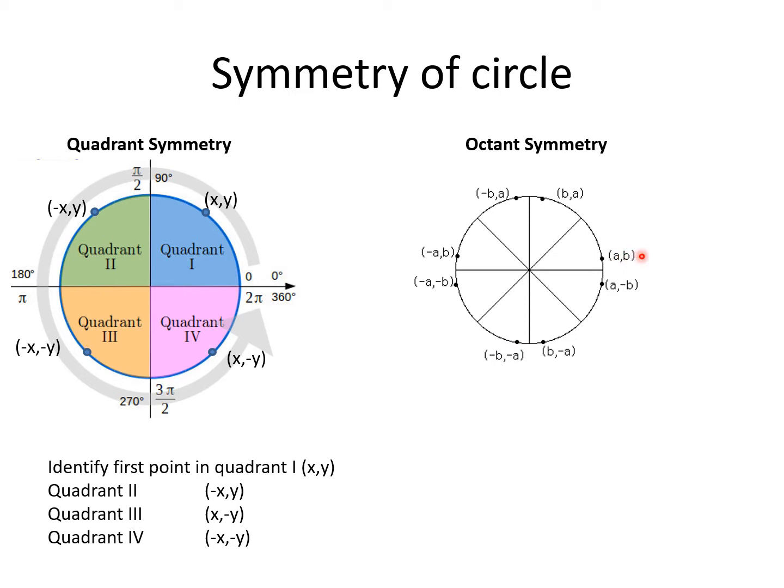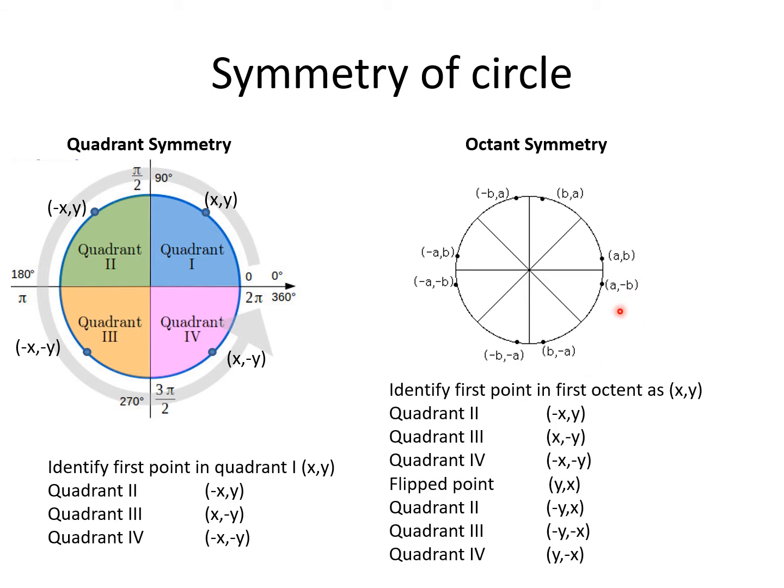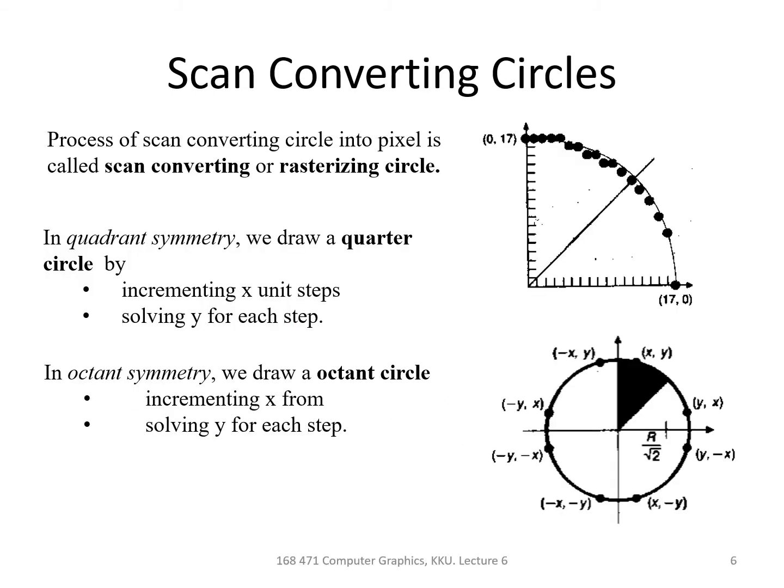We perform calculation in one octant and we get 7 different points in the other octants. As we can say, A, B is the point obtained in the first octant. We obtain 3 more points in other 3 quadrants like minus A, B, minus A, minus B, A, minus B. Flip the values of A and B, we get another point in the adjacent octant and we get minus B, A, minus B, minus A, B, minus A as the other 4 points. So in total, we calculate A, B and we get 7 more points in the remaining octants. So this is an octant symmetry. Here further the calculation is reduced by 50%. So this symmetrical nature is very helpful in reducing the calculation in the algorithm.